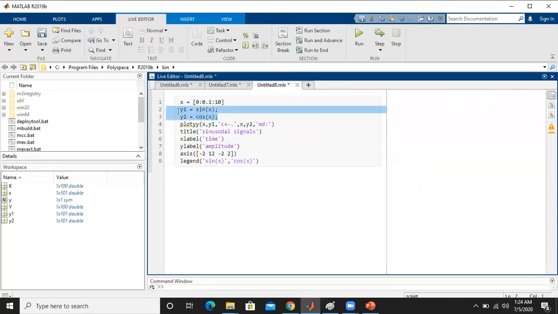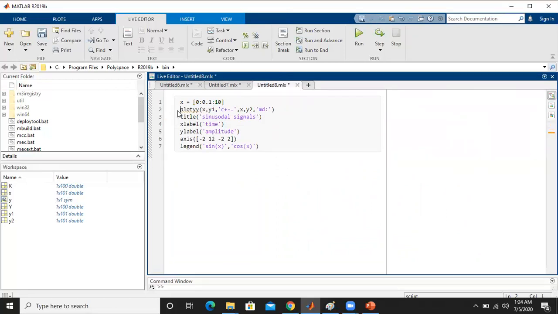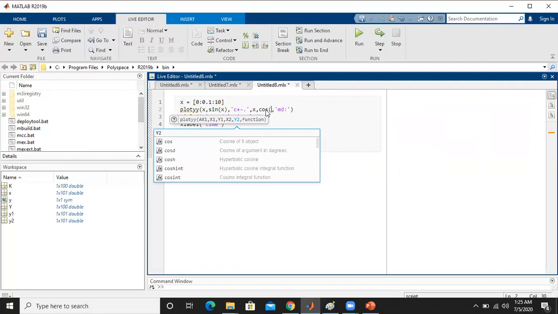That means plotyy, and type the function directly here. That is, the first function is sin of x. Then the second function is cos of x. That means we can directly enter the function here.